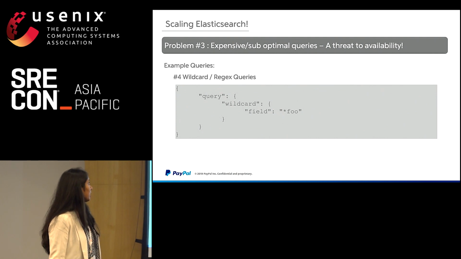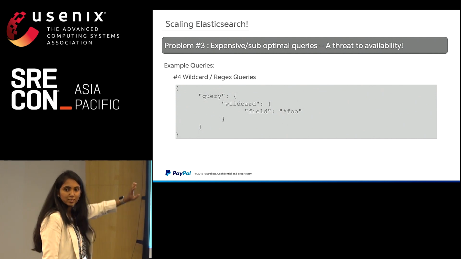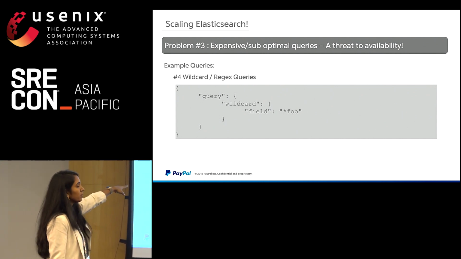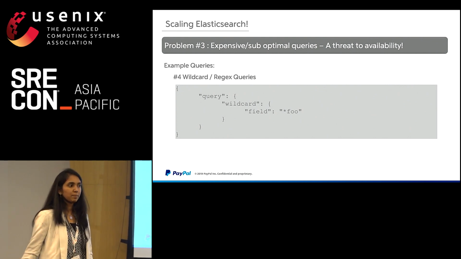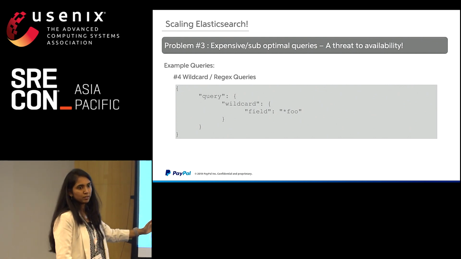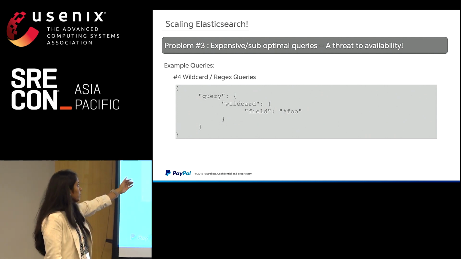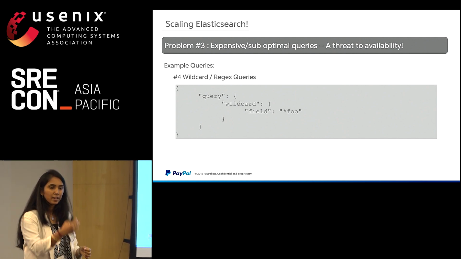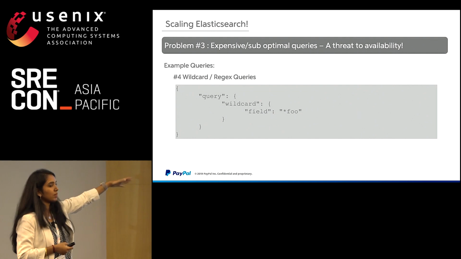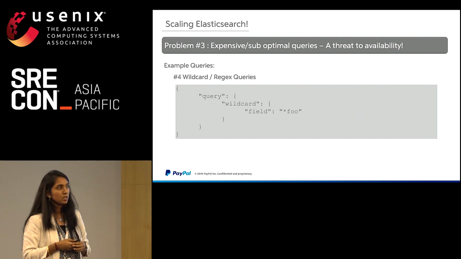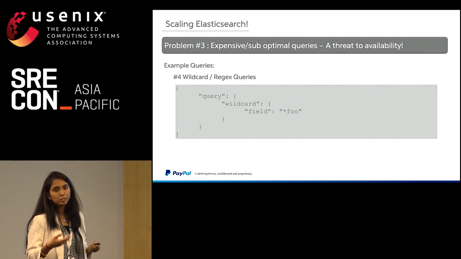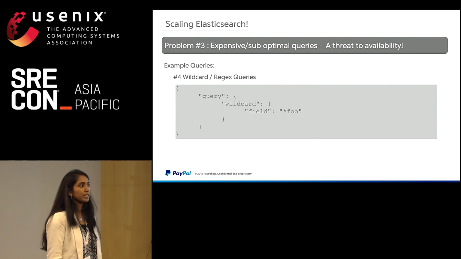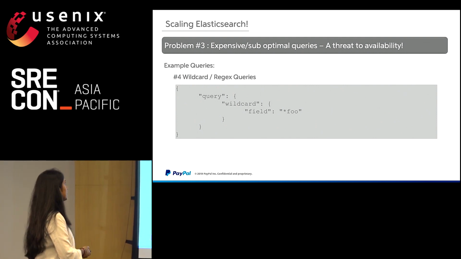And finally, the wildcard or regex-based queries. This is bad in any data store and not just Elastic, but people should know about this, where you give a leading wildcard. What happens? Vikram was explaining about the inverted index, where you have a list of terms and the documents associated with them. Assume that you give something that starts with an asterisk. It's like a full table scan. The entire inverted index gets scanned to figure out in which documents this field value is present, which is again vulnerable. But that is what we do, because we don't exactly know what happens and we just go to Kibana and do this, which is again a problem. We'll have to see how we overcome scenarios like this.